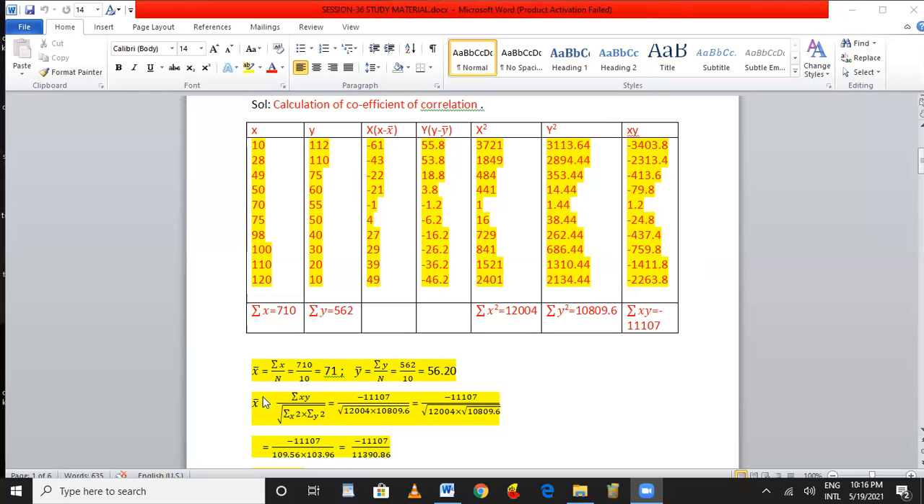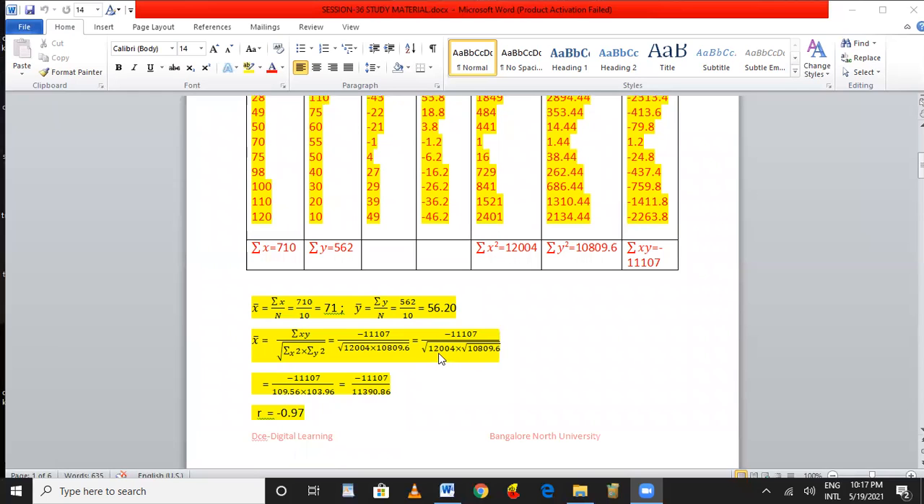For the correlation coefficient, we have to apply the formula: sigma xy divided by the square root of sigma x square into sigma y square. Sigma xy is minus 11,107. Sigma x square is 12,004. Sigma y square is 10,809.6. So it is equal to minus 11,107 divided by the square root of